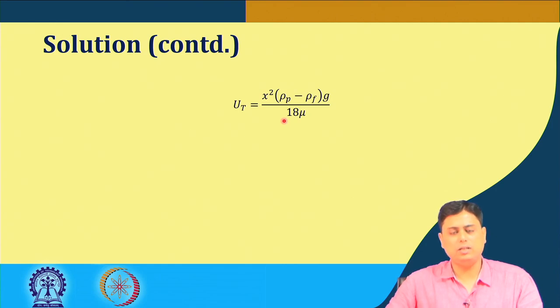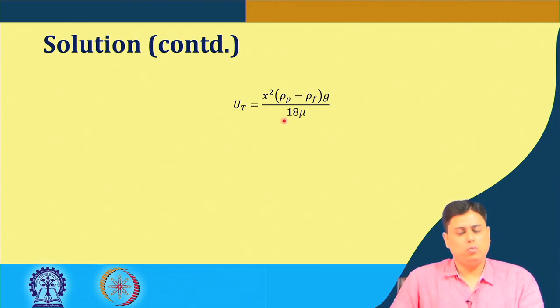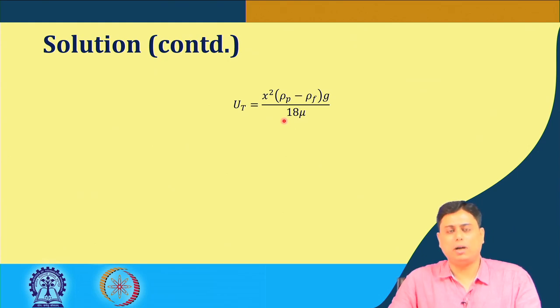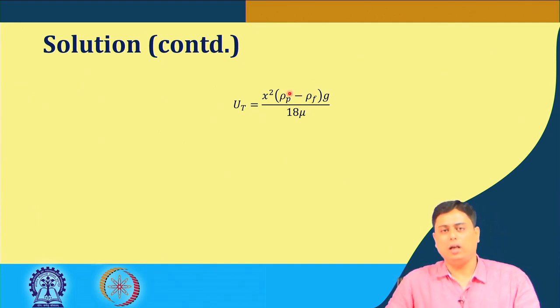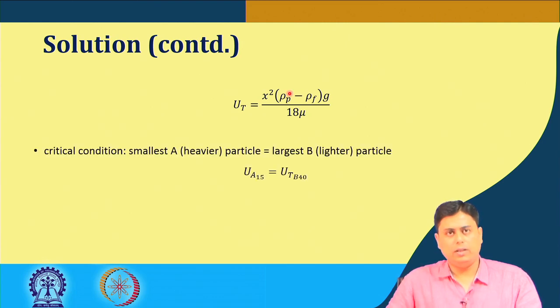If you change only mu, it will similarly influence both the particles. But if you change the rho, it will not influence them similarly; it will have a different effect. So the influencing factor in this case is basically the density of the fluid. Even if you keep a similar viscosity, if you change the density of water somehow, you can possibly achieve separation, but how much you have to change is the question for the next part.